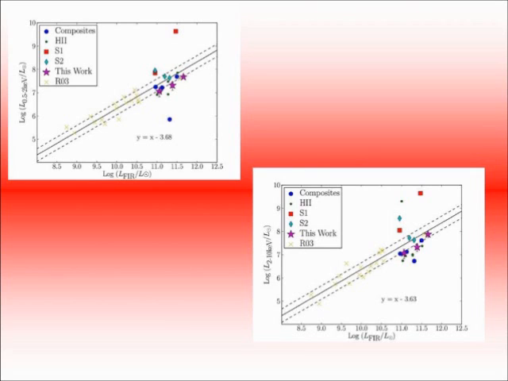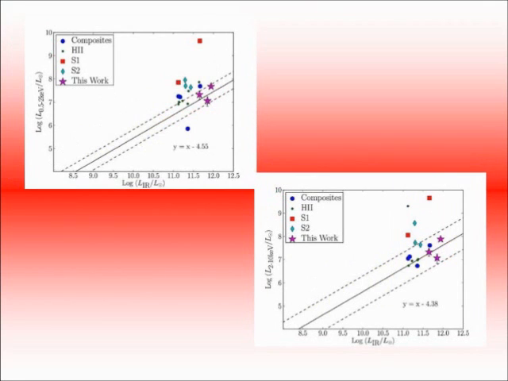If they are well fit by their relations, however, it would indicate that they are most likely dominated by star formation alone. First, we fitted the commonly used Ranalli et al. 2003 predictions. As you can see in our figure, our systems are around the lower 1 sigma error bars. Comparing to other data, our galaxies have similar X-ray to IR luminosity ratios as HII and composite systems, composite here meaning a hybrid AGN starburst. Noting that our systems are also more IR luminous than most systems used by Ranalli et al. 2003 to calibrate their fit, we also used a fit done for more IR luminous systems done by Symeonidis et al. 2011. Our systems seem to be more consistent with this relationship, which is more evidence for star formation domination.